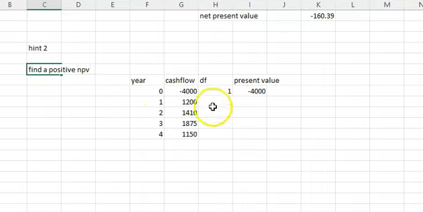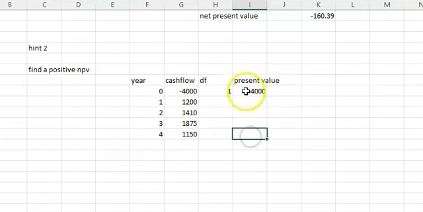So to find a positive NPV, we need a number that is lower than the percentage that gave us a negative NPV. Okay, so on that one, I will have to... okay, I've got